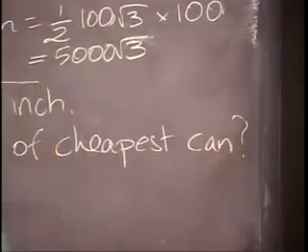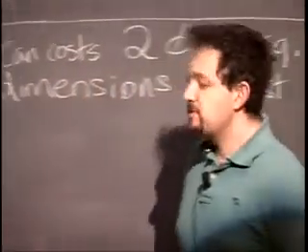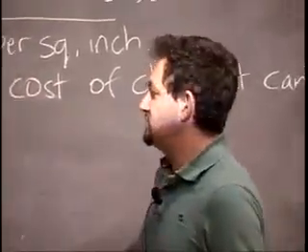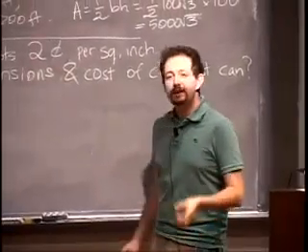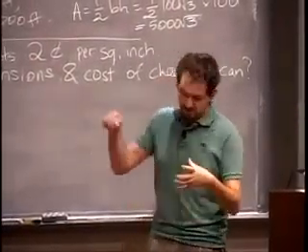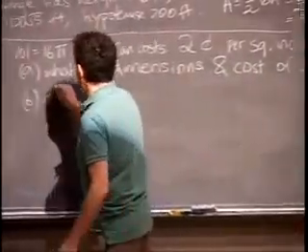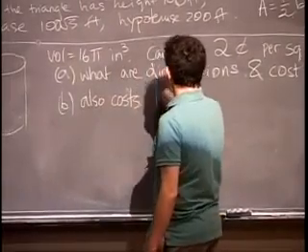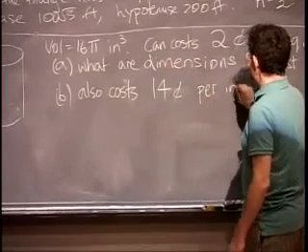That's a fairly standard question. Here's something that makes it a little bit different. Suppose now that in addition to the metal and the base fee, I guess, of actually curving the metal, you have to pay someone to weld the top shut and the bottom shut. You actually want to have them welded shut. So if it also costs 14 cents per inch, not per square inch, per inch of welding